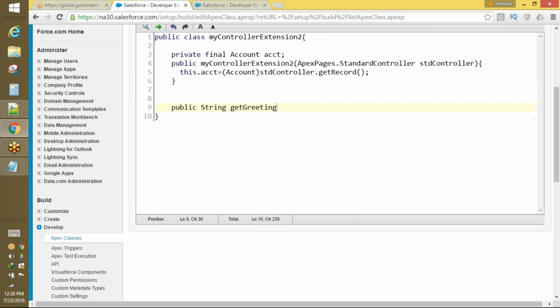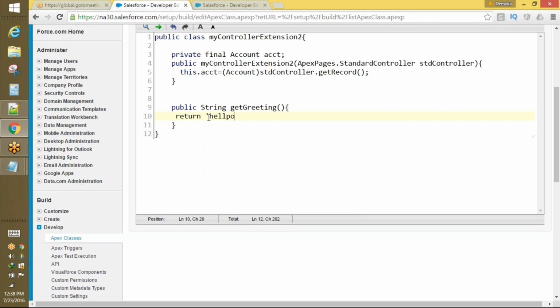Okay, this is the name of my method, and you never have to use this whole name when you call this method. If you just say greeting, it will know that we are talking about getGreeting, because we are using the same nomenclature. Instead of calling getGreeting, you just say greeting, and it will know that I have to call the getGreeting method, and it'll say